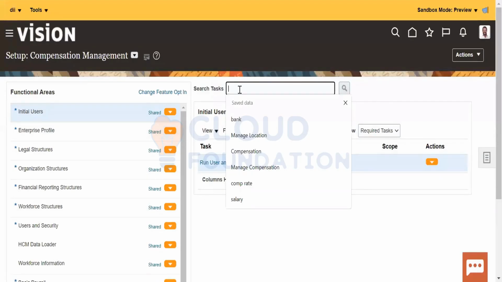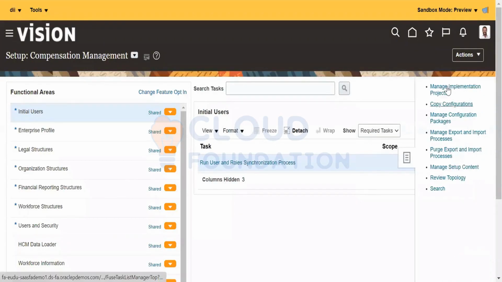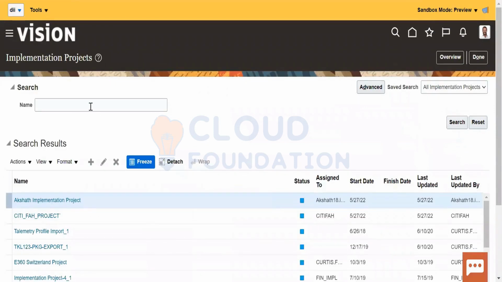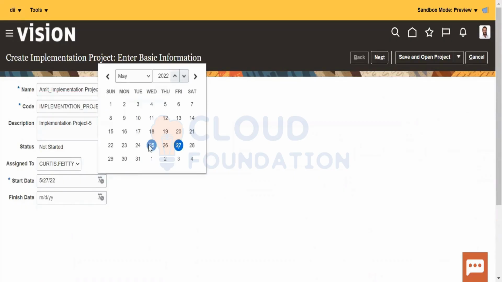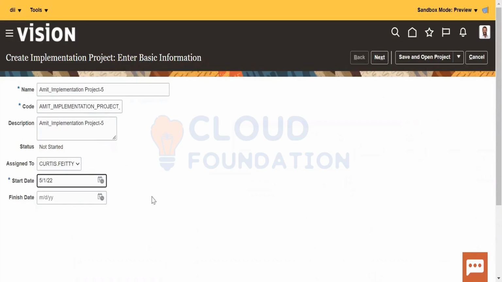Search for it, or click on the box over here. Go to manage implementation projects and click on the plus sign to create. Suppose I'm going to create an implementation project, for example. This is assigned to a username. The start date will be, suppose, the first of this month.